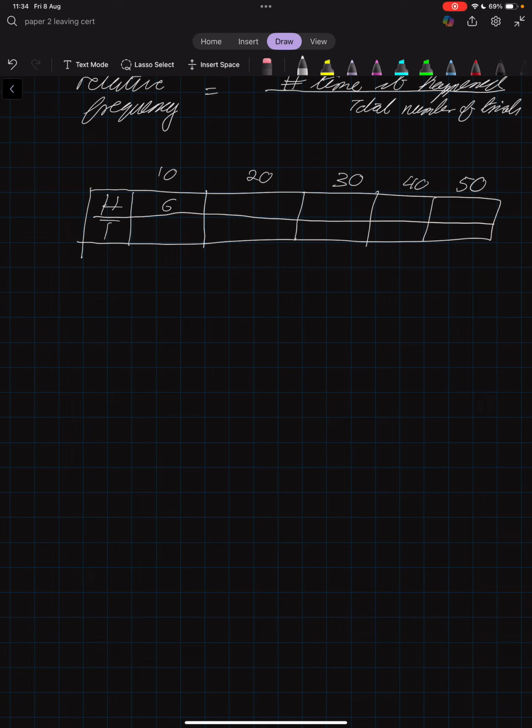So we get 6 heads and 4 tails, then we got 13 and 7, then we got 13 and 17, we got 18 and 22, we got 24 and 26. So this is just some data. So you're flipping a coin. How many times did it land on heads? How many times did it land on tails? Something like that. Okay. So